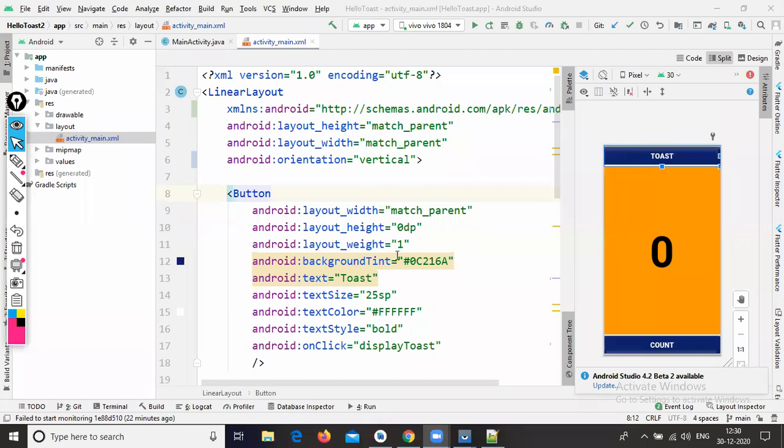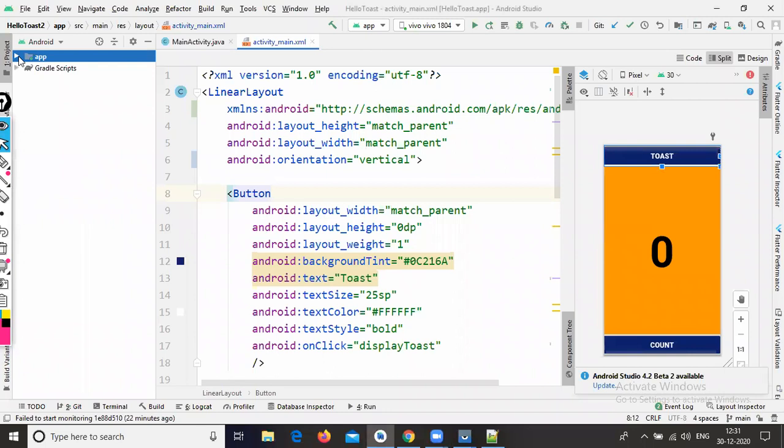Now all of you open your XML file, which is available in our res folder. I think from your end, Android Studio opens like this. The XML file is available in our res folder. If you expand this app folder, a few folders are available, and in that the res folder is available. Just expand this res folder.